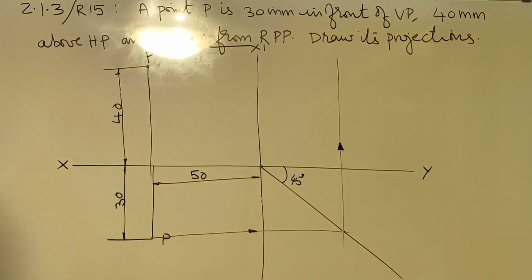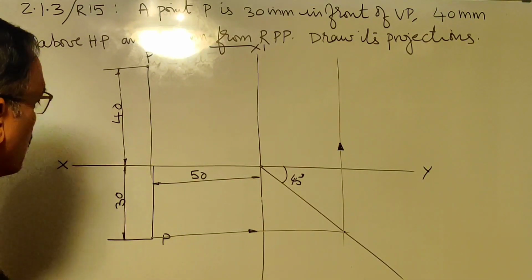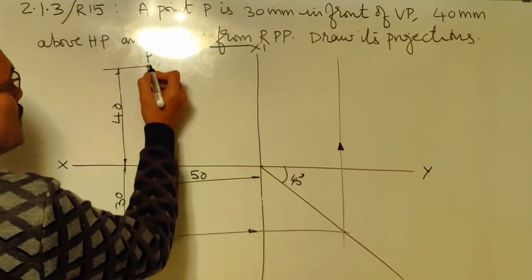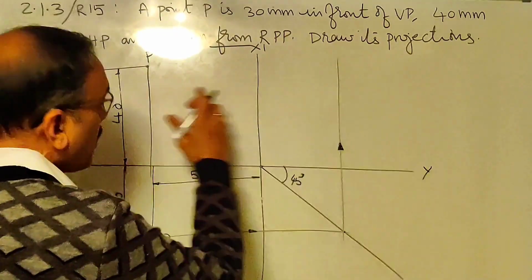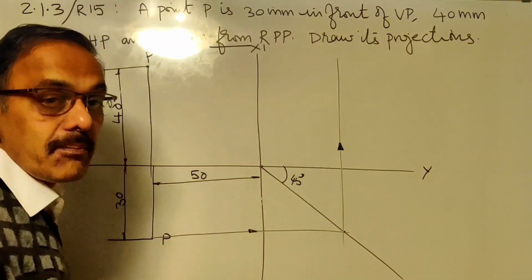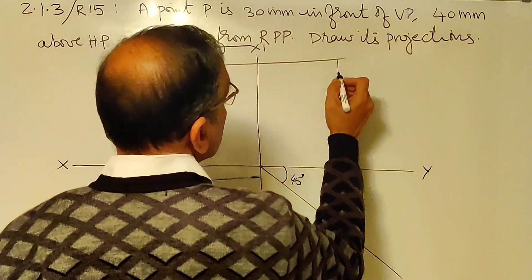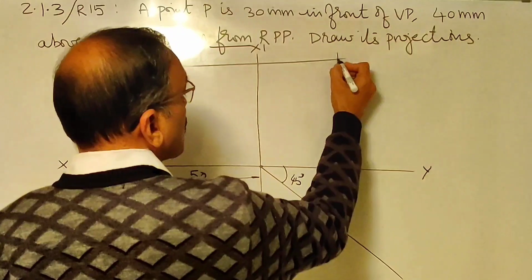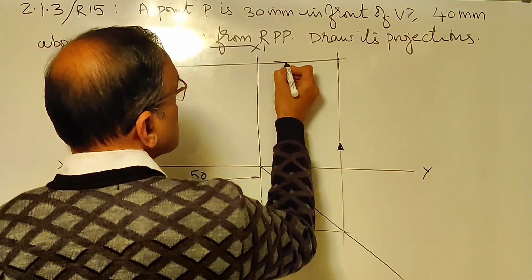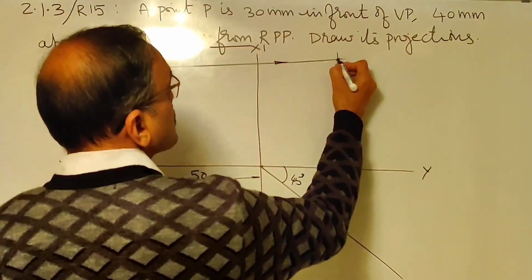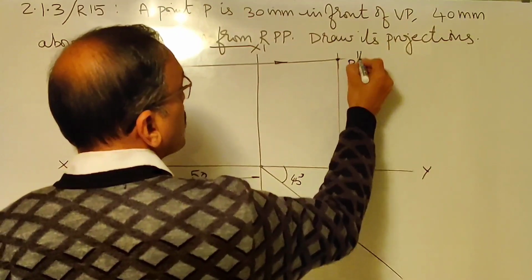Done. And then what is to be done? Go to the front view. From the front view, draw a line or draw its locus. Draw a line parallel to the xy line. This is its locus. Where the perpendicular drawn and this locus intersect, this is the direction. That is where you get the profile view, P double dash.